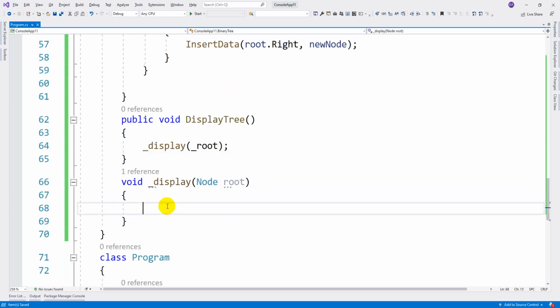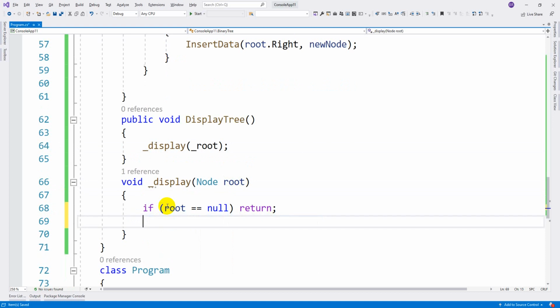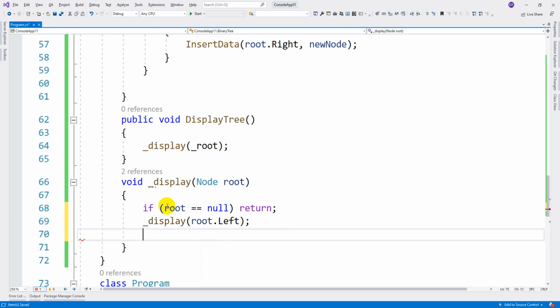Here you need to write the logic to print. Again you need to check if root equal to null, then return, no data. Otherwise, display of root dot left, first print the left one. Then console write root dot data, because we need to see the value, right?